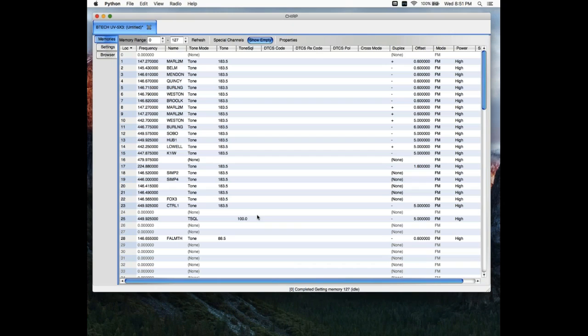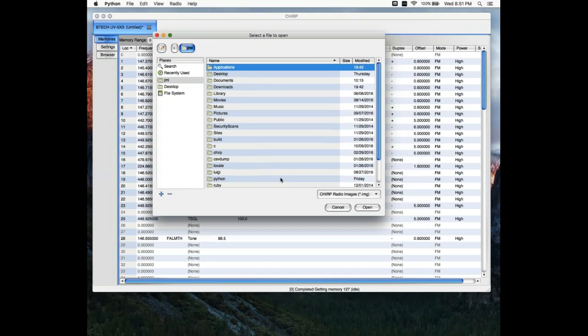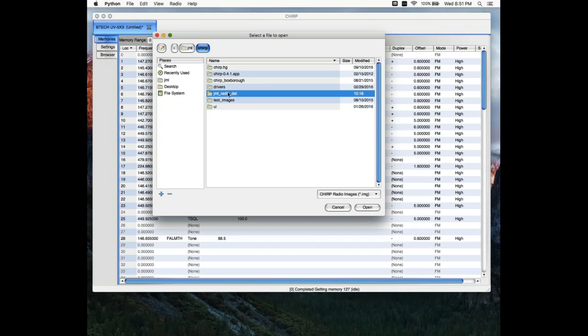Okay, great. All right. And how about lists that are unique to D-Star? Can CHIRP do any D-Star programming? Yes, it can. So let me do this. Let me file, open, and I am going to, you're not going to see this. Well, I'll pull it over so you can see it. I'm going to open